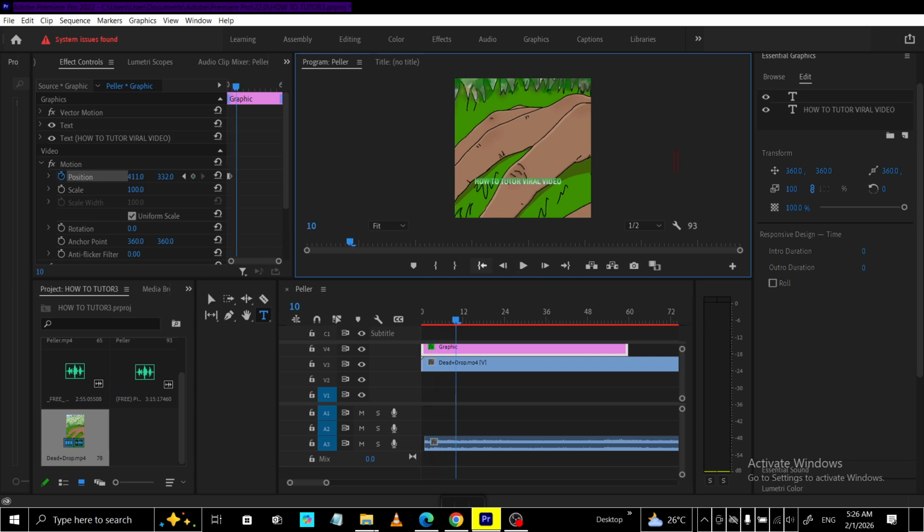That's it. Create, type, style, position, and optionally animate. With these steps, your captions will look clean, on